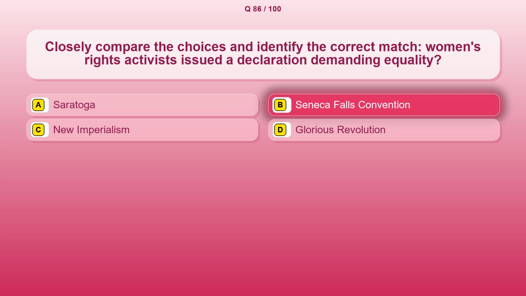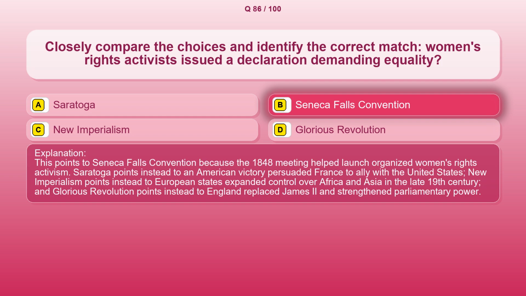The correct answer is option B, Seneca Falls Convention. This points to Seneca Falls Convention because the 1848 meeting helped launch organized women's rights activism. Saratoga points instead to an American victory persuaded France to ally with the United States. New Imperialism points instead to European states expanded control over Africa and Asia in the late 19th century, and Glorious